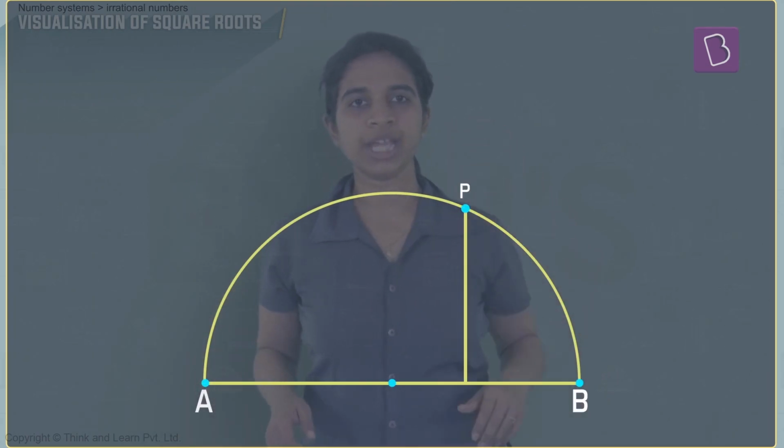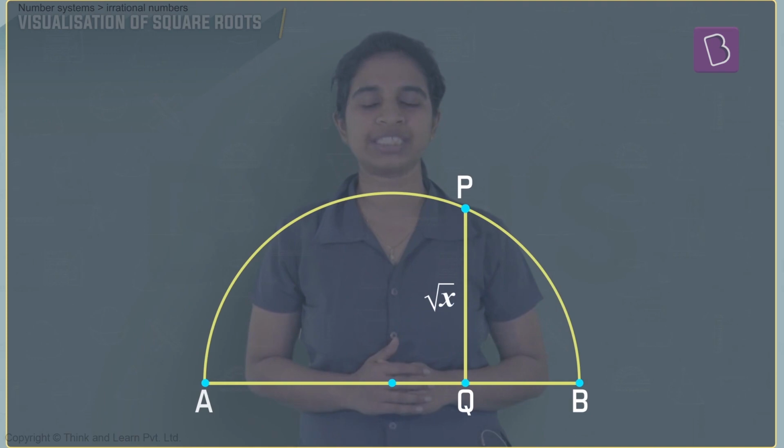So we understand the proof using variables. Let's see if we can visualize this, right? Let's give names to these points. Let's call the diameter AB, this point on top P and Q, right? So PQ was the root x that we got.